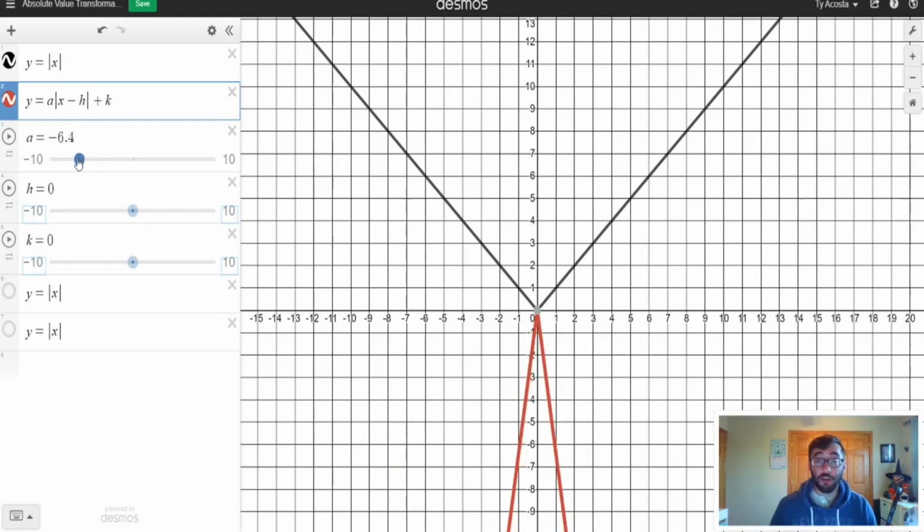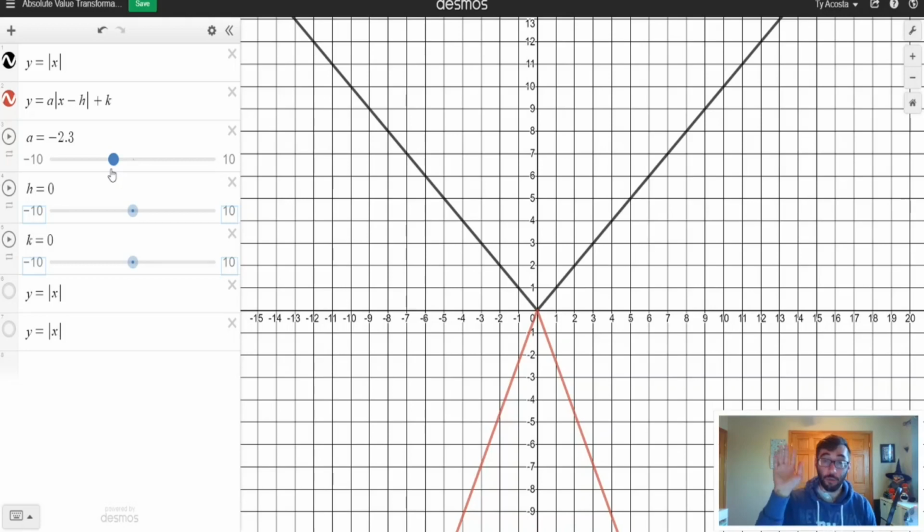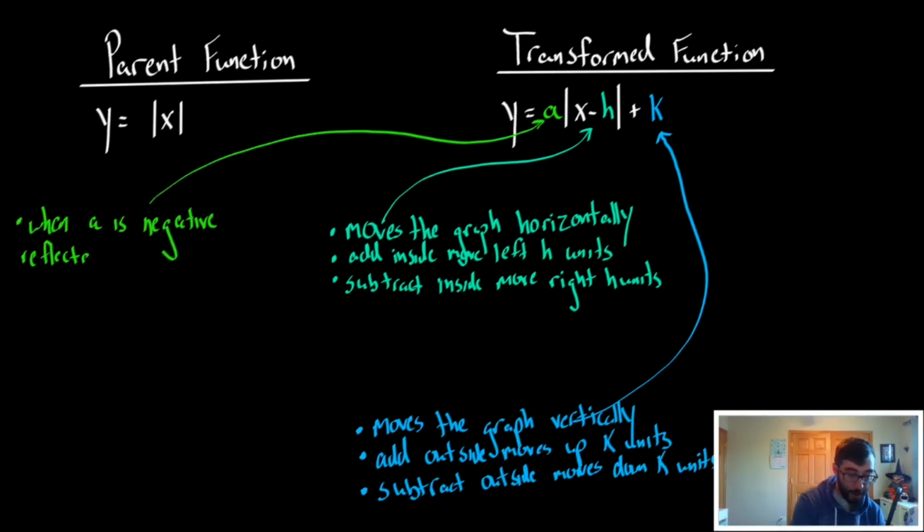And what that is called is a reflection over the x-axis, okay? It has been reflected. It opens upside down. It gets reflected over that x-axis. And that only happens when a is negative. So that's a very, very important transformation. So I'm going to go ahead and write that down. So when a is negative, it is reflected over the x-axis. Basically what that means, it is going to be opening upside down as opposed to normally when it's opening right